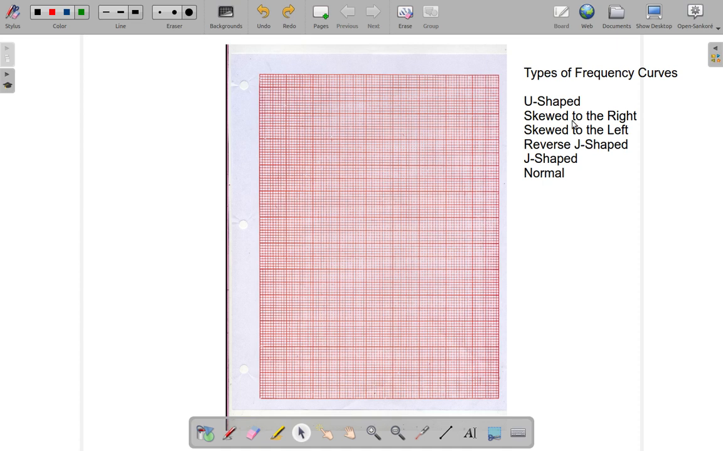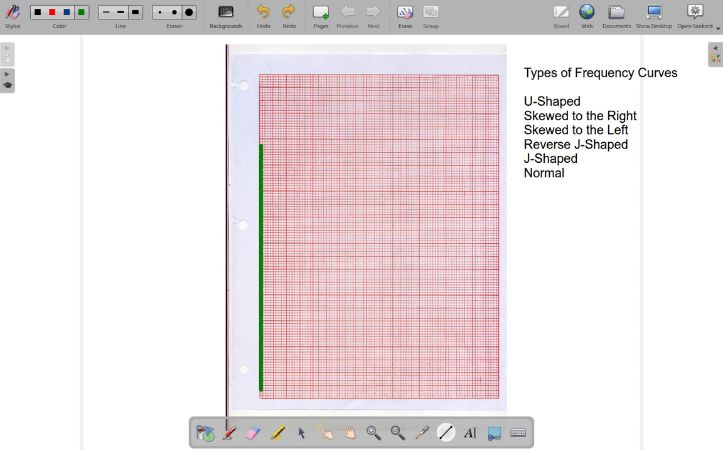Now you have the U shape, the skew to the right, skew to the left, reverse J shape, and the normal curve. Now the normal curve is the most common, it's very important, and we'll give it special treatment in a different video. Now the U-shaped curve, let us say